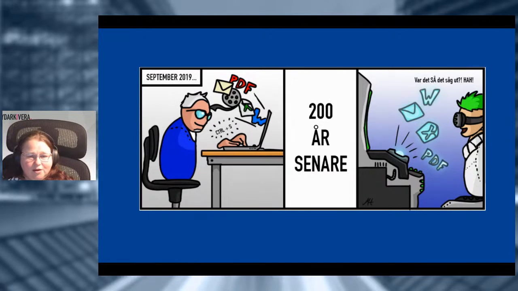So I'm usually talking about rune stones. The rune stones here in Sweden were created more than 1,000 years ago. We can still read them. We need to make sure that the digital information we create today is possible to read by the researchers 200 years away, maybe 2 years away, or 2,000 years away. There will happen things with the formats in 200 years, but we need to give them the best we can to be able to look at the information in the future.